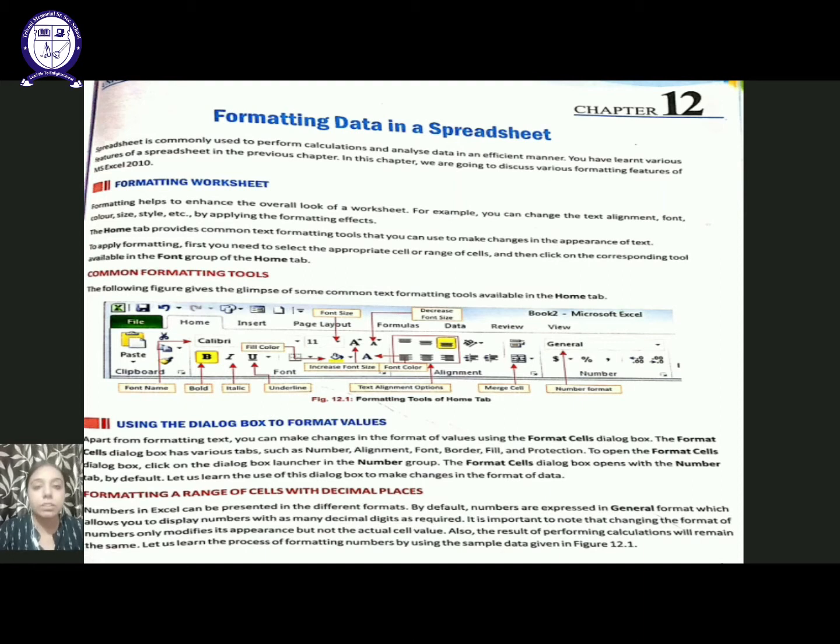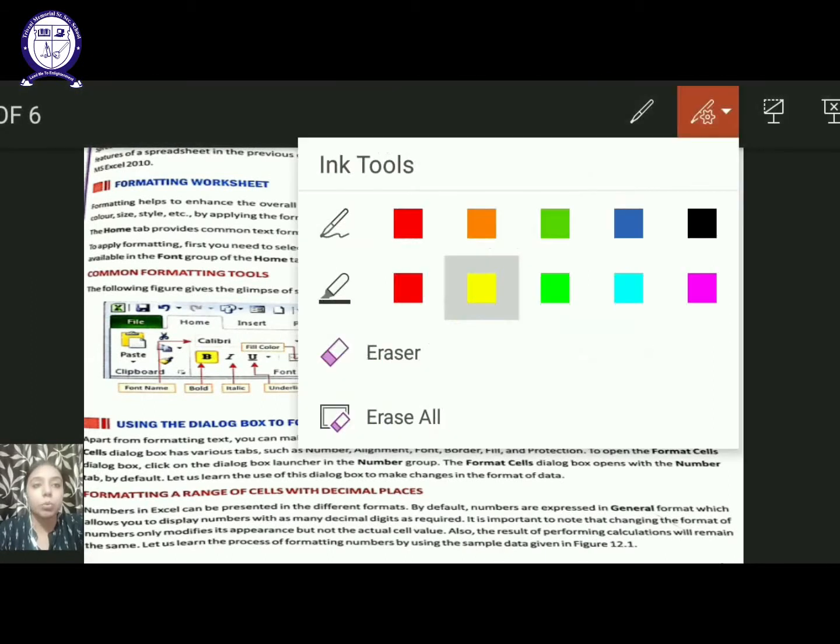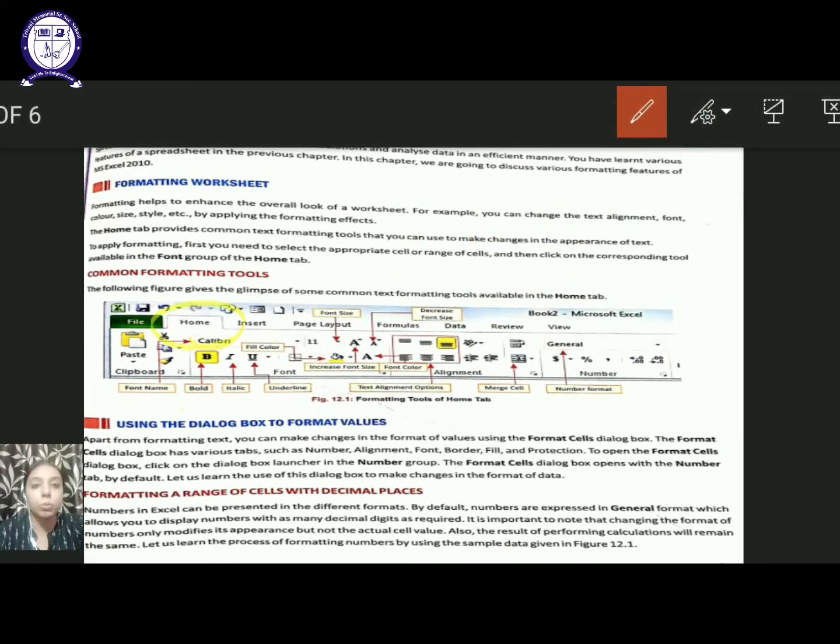Now the basic topic in this session is formatting. Basically, formatting means changing the appearance of the text, that is by changing the style, bold, italic, underline, by changing the font or the font size, or by changing the alignment, that is the positioning of the text on a sheet. This is the common formatting which is done with the help of the Home tab and the font group. Here you can see in the figure we have the Home tab and here we have the font group. It consists of different options like the text can be made bold, italic or underline. The color can be filled in the text or the size can be changed or the alignment can be changed to left, right, center and justify.